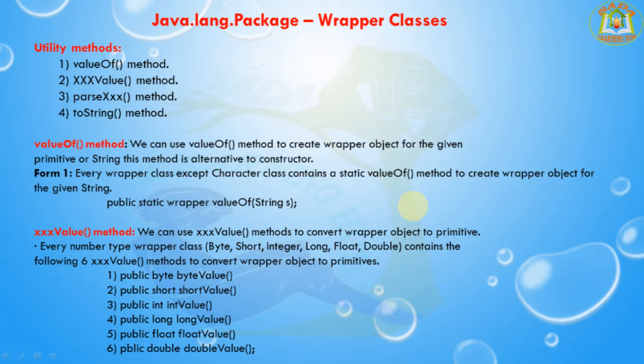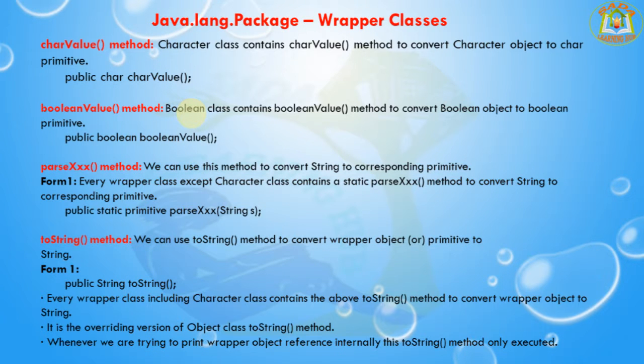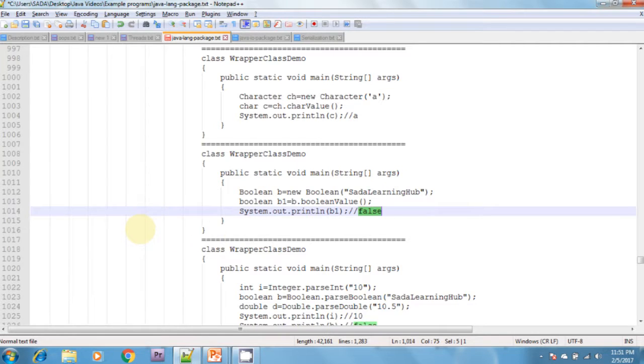Next, I'm going to discuss the parseXxx method. We can use this method to convert a String to the corresponding primitives. Here, Xxx means int, float, double, like that. For example, there are different forms available in the parse methods. Every wrapper class except the Character class contains a static parseXxx method to convert a String to the corresponding primitive. If you see this example,